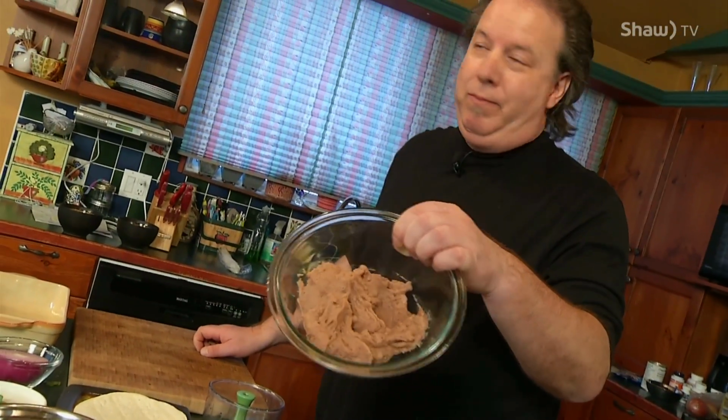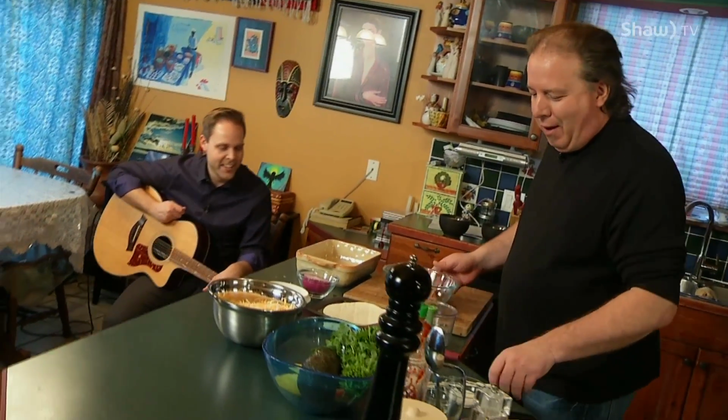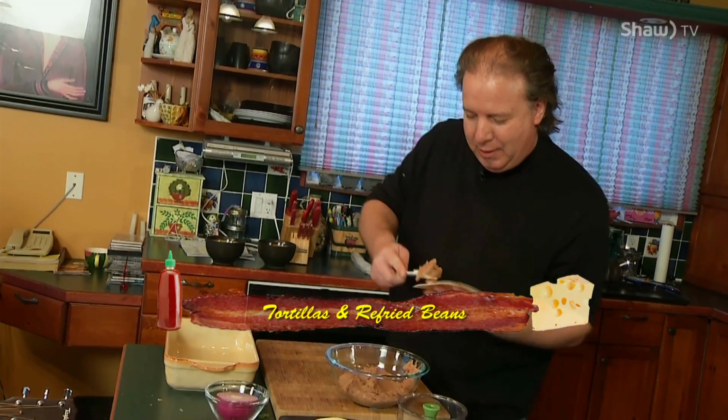I've always been a little bit skeptical about refried beans. Yeah. See, I like them a lot. They are good. They're very good for you too. Just don't look that great. So whatever you do, just remember the outcome is you're gonna have great taste, okay? When you're making this. All right, so we take a tortilla and we take some of the refried beans and